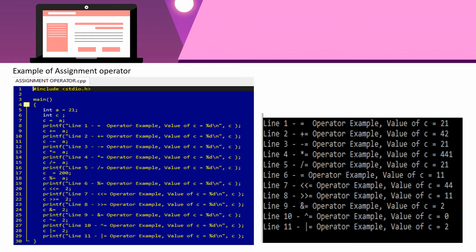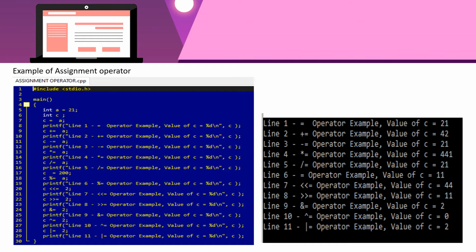The modulus and assignment operator will give us the result 11. The left shift and assignment operator will give us the result 44, and the right shift and assignment operator will give us the result 11.